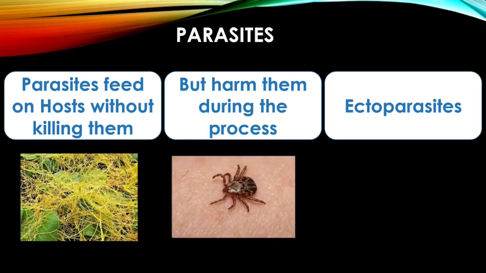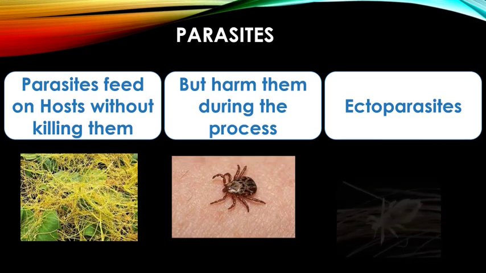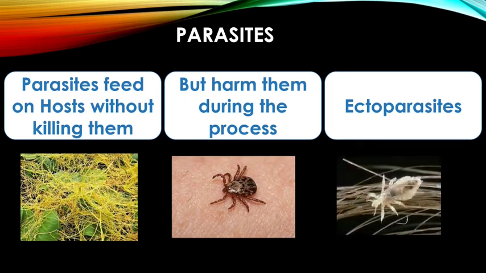This is a tick, which is an ectoparasite, which usually feeds on blood or skin matter present not only in our skin but also the skin of buffaloes and dogs. This is louse or lice, which is present in the hair of us or even animals. So these are ectoparasites feeding on the body of the host, either blood or taking direct nourishment, as in the case of Cuscuta. In the process, they harm the host.